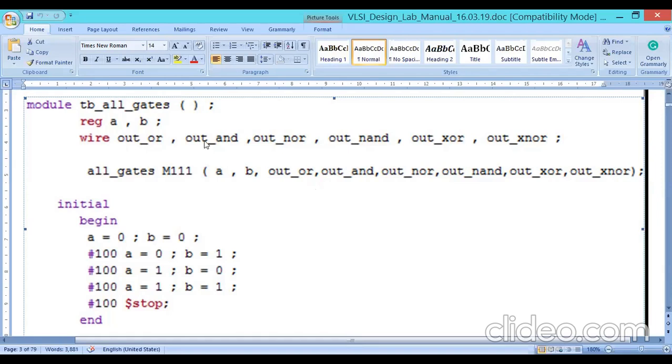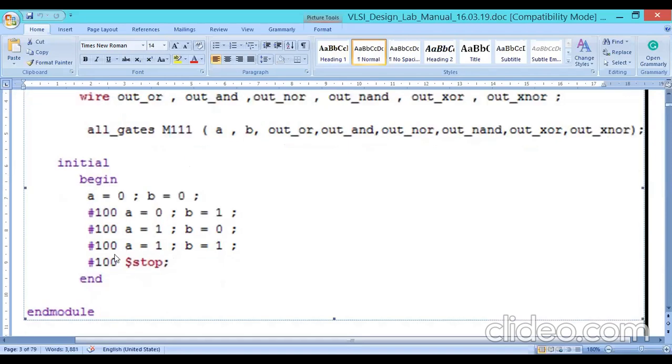In the test bench program we generate some combinations of inputs in the initial block, those changes apply to the design program, the design program immediately responds and updates the outputs, and the updated outputs we observe in the test bench. That is the programming. That's it.